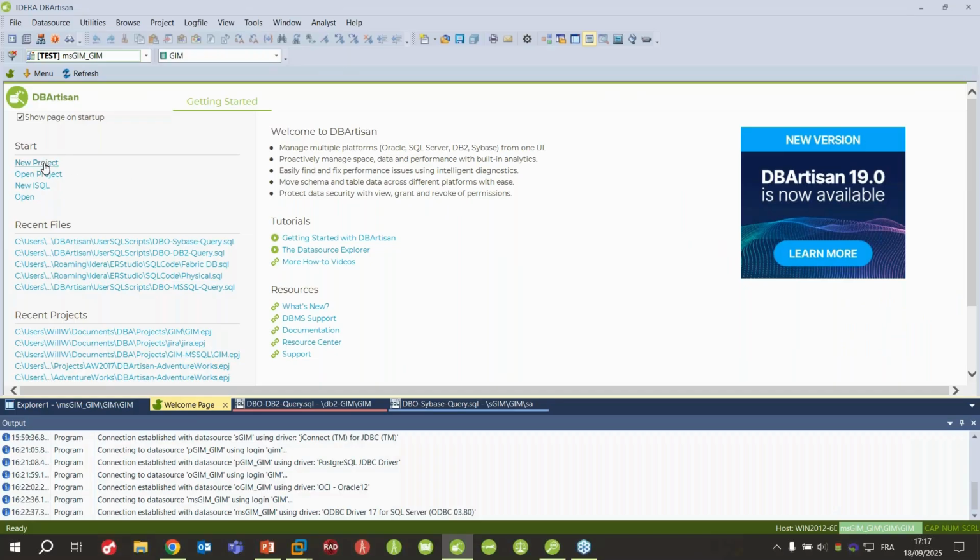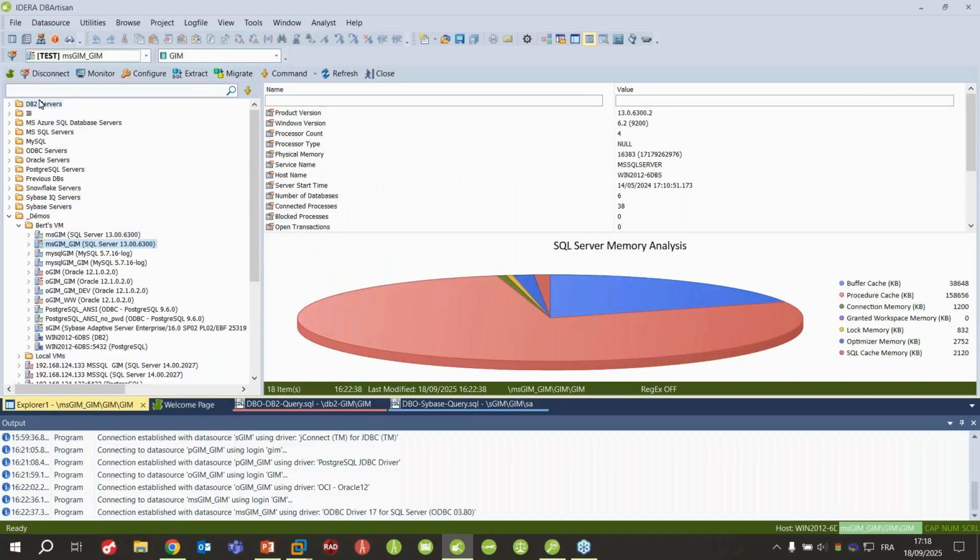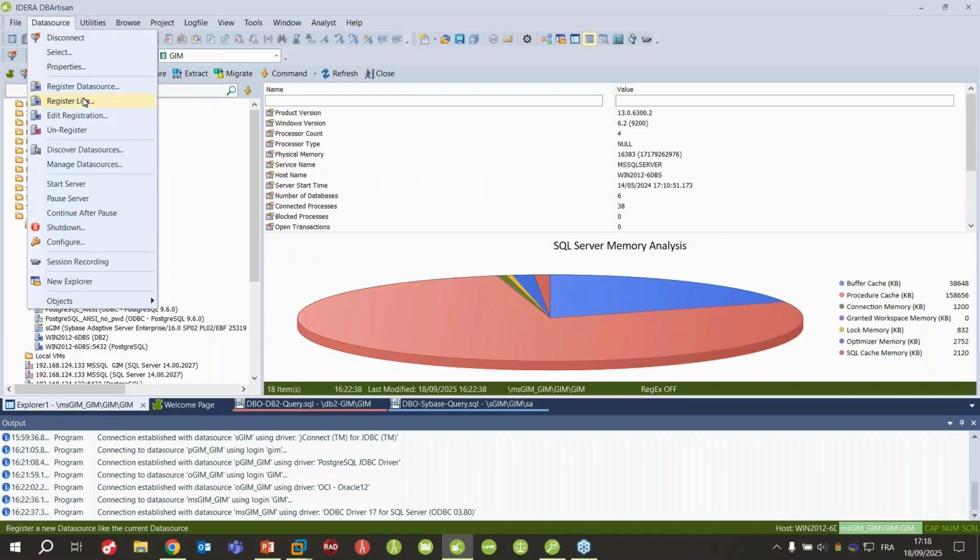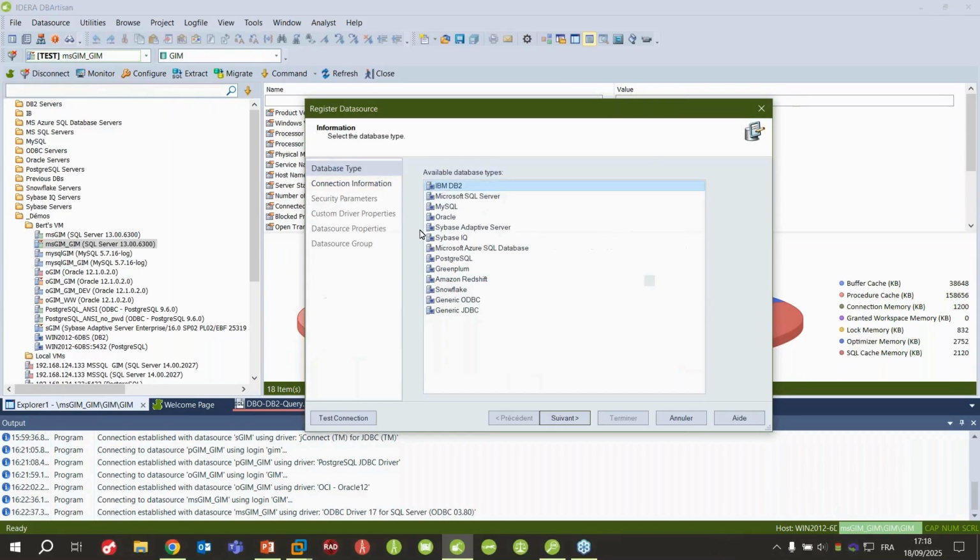You can get it from GitHub, for example, directly to work together if you want to add a repository. You can open a script and you can see the different scripts that have been run previously. And if you don't know how to start, you have some tutorials and resources directly available within the product. The first step will be to create some specific data sources so you can connect to these data sources. So for example, if I click on register data sources, this is the screenshot we have seen in the slides. So from here, we can see that I can select the platform that I want to use.